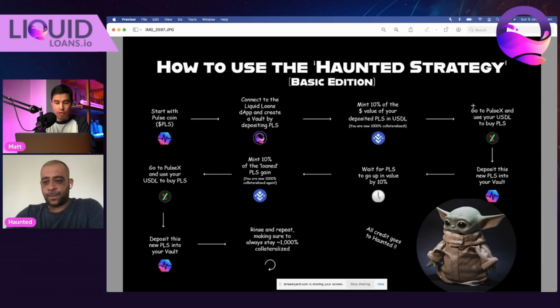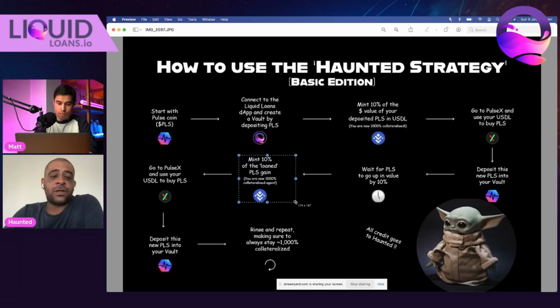Nice, and a high collateral ratio there. Yeah, so it could sustain a 98 point something percent dip before you get liquidated. So what you do with that, you go to PulseX, you use your USDL to buy more Pulse, pretty much deposit that back into your vault and wait for Pulse to go up in value by 10%. So just an example, if the price is sitting at 10 cents, we wait until it goes up to 11 cents. Then we go back into our vault,